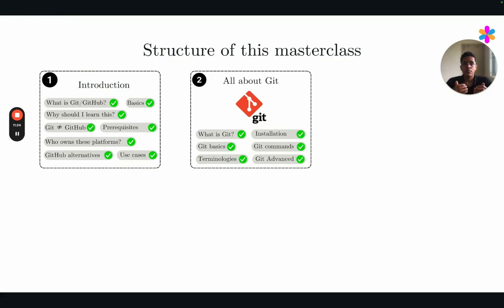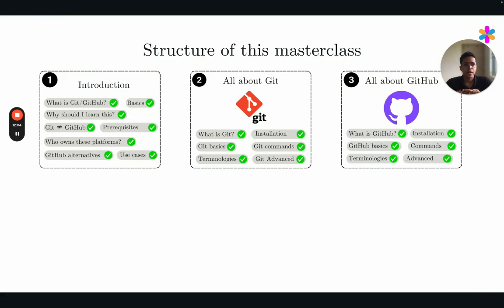You can also completely skip the part on Git and still learn about GitHub if you intend to just use it for basic things. But since you have anyway made the decision to go through this course, I highly recommend that you go through Git first properly, so that all the basic commands and actions, and a good mental picture, are forming in your mind, along with all the different actions involved in using Git. Once we cover some basics of Git plus some advanced aspects in the second part of this course, we will move to the third part, and the third part is all about GitHub.